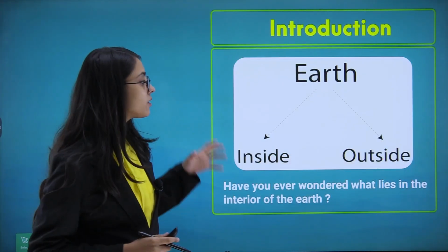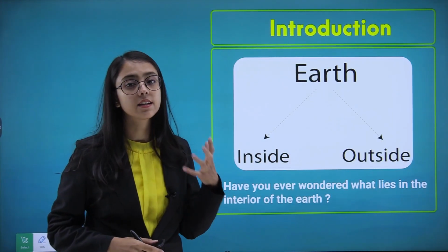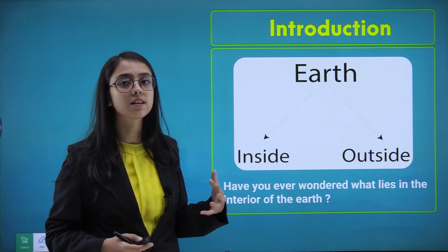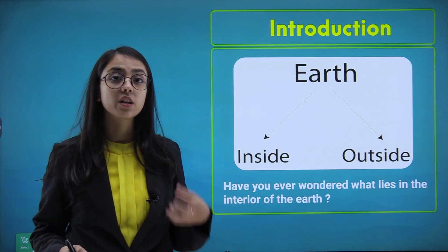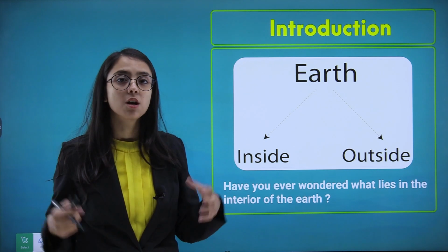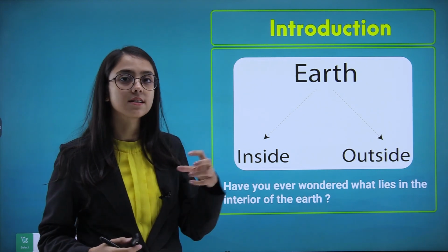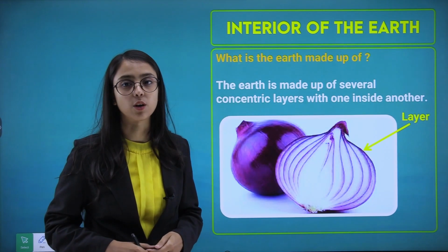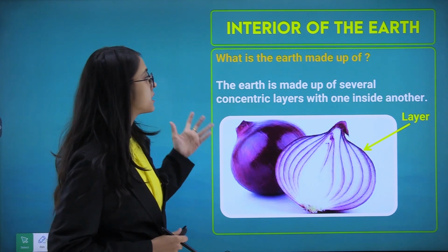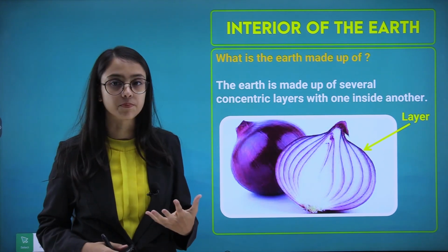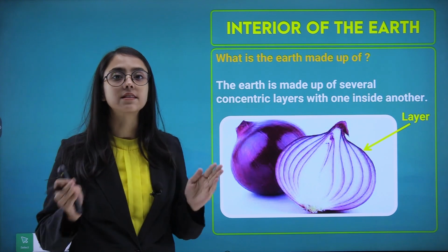Now, have you ever wondered what lies in the interior of the earth? We have studied that there is mantle, core, inner core, outer core, etc. But what are the substances the inside of the earth made of? Let's find out. Now, the earth is made up of several layers and these layers are concentric, they are joined